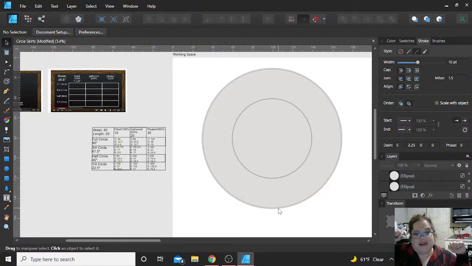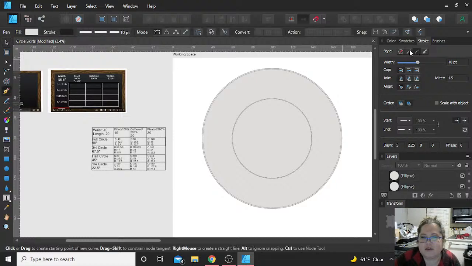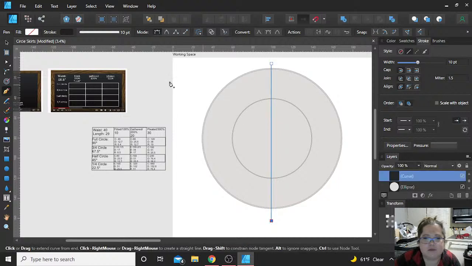But my projection's not that big, and my fabric's probably not that big either. So we want to break it down to a 1/4 of it. The first thing we have to do is chop off half of our circle because we're only needing half of it. So I'm just going to draw a line,